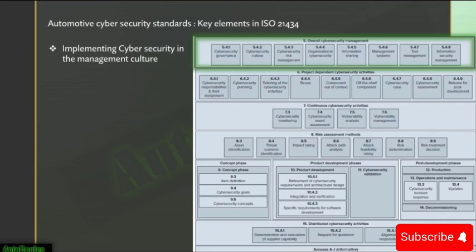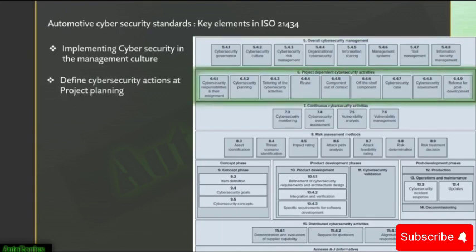Manage the sharing of the cybersecurity information. Institute and maintain management systems that support the cybersecurity activities and provide evidence that the tool used does not adversely affect the cybersecurity. So it has very different phases like cybersecurity governance, cybersecurity culture, risk management, organizational security, information sharing, management systems, tool management, information security management. Each section talks a detailed process about the cybersecurity management.